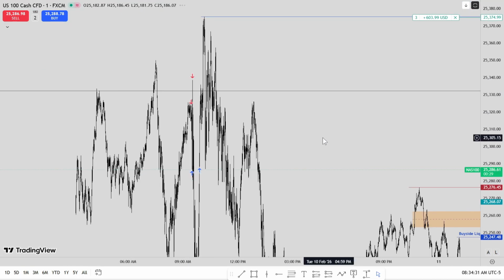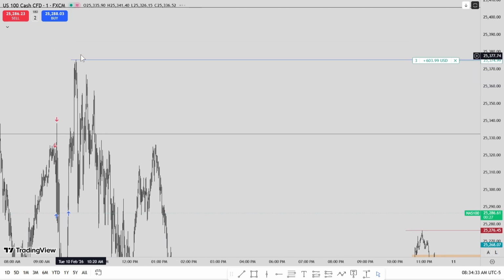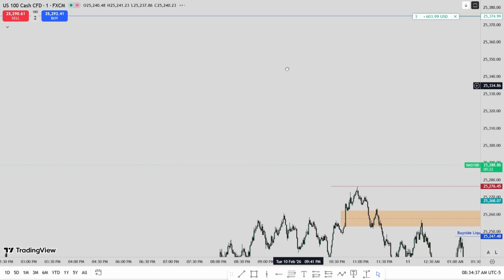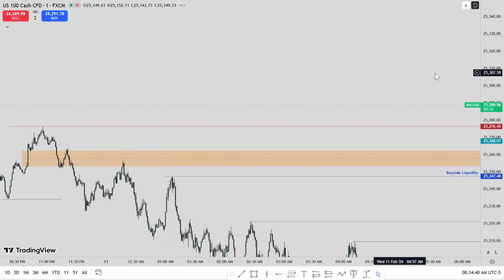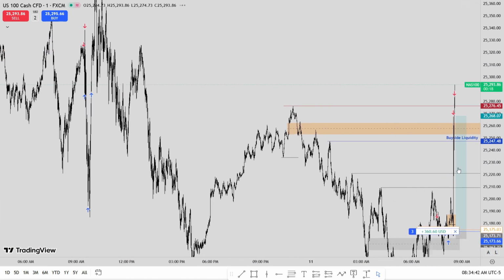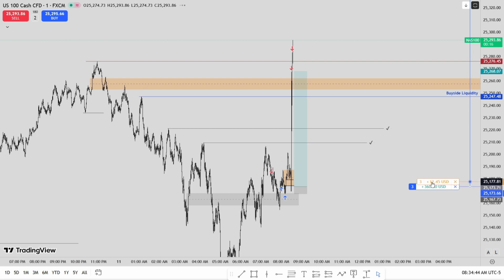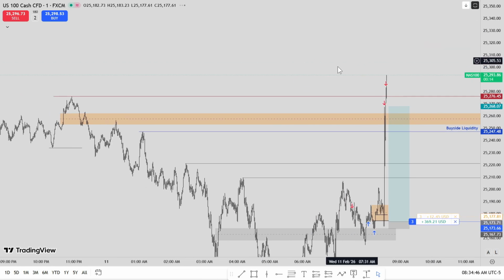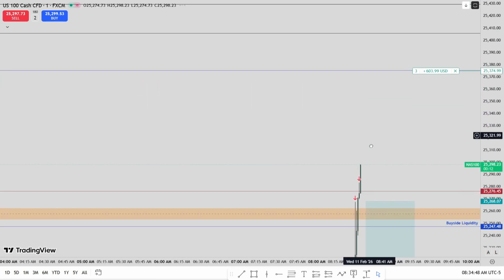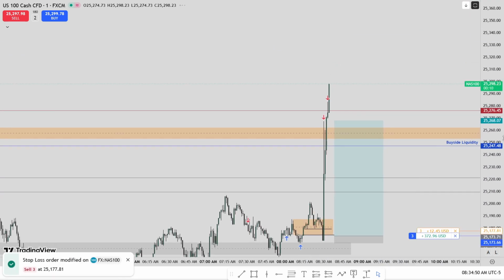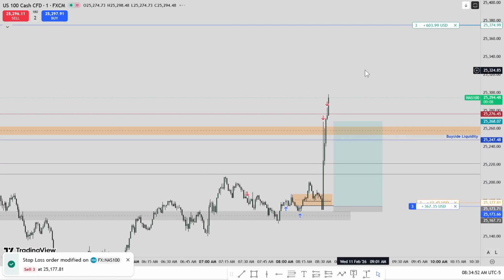All right. We have some other highs. We have these trend line liquidities. So yeah, man, it can definitely go there, but I'm just gonna keep my stop at break even. I don't give a freaking F if it comes down and stops me. I'm just gonna let it run and let's see what it does.